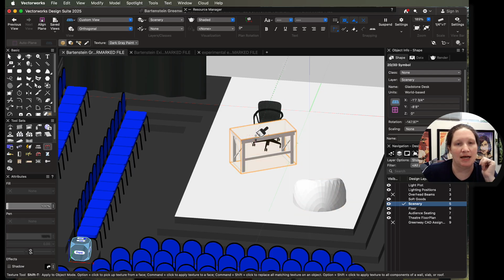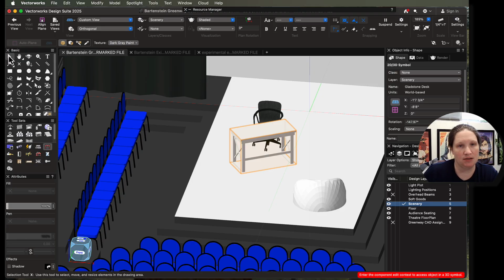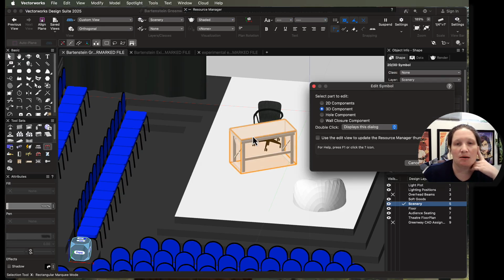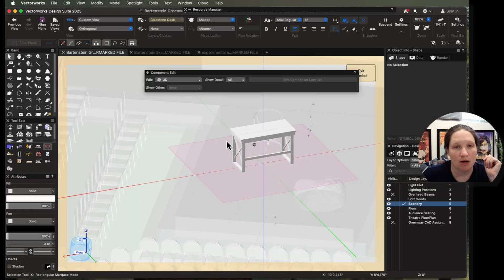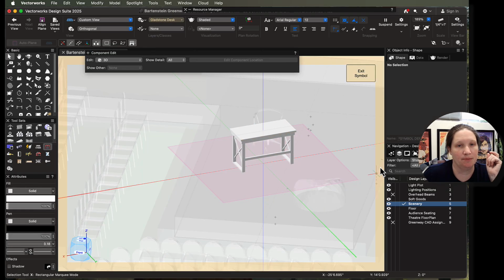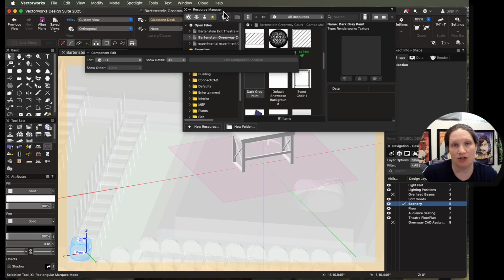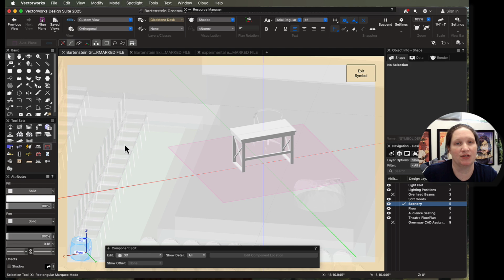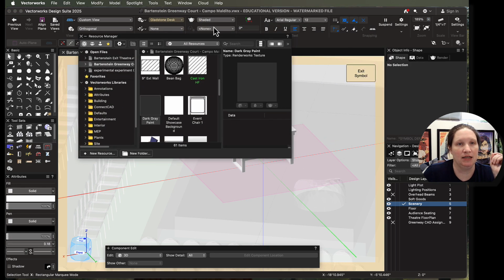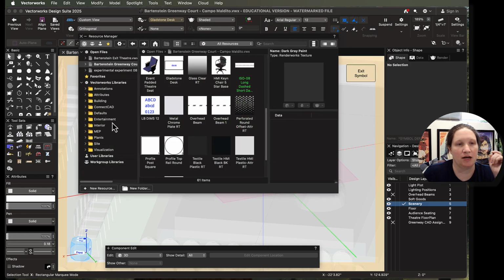I don't think it will let me if I even just click it, right? I have to actually edit the component in order to do so. So I'm going to double click to edit the 3D components, and then I can take my paintbrush and I can paint it. In this case, I'm going to use an existing resource texture. So some of the textures that exist already in Vectorworks are going to be things like all of your wood grains,